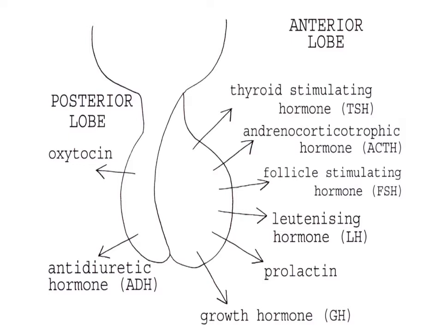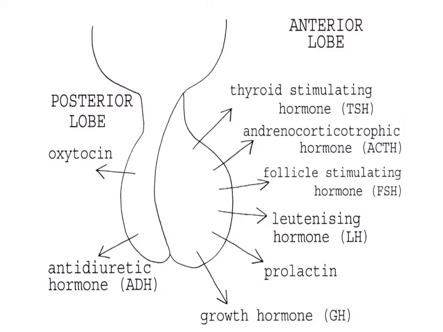ACTH is the adrenocorticotropic hormone, and this is produced by the anterior pituitary gland to stimulate the adrenal cortex. So if you think about the word adrenocorticotropic, adreno means adrenal glands, cortico means this affects the cortex, that is the outer part of the adrenal gland, and it's a trophic hormone, therefore it has an effect on this structure. So adrenocorticotropic hormone,